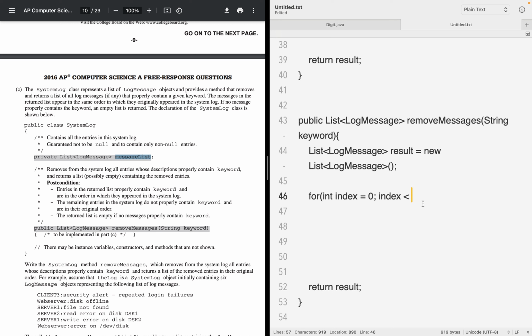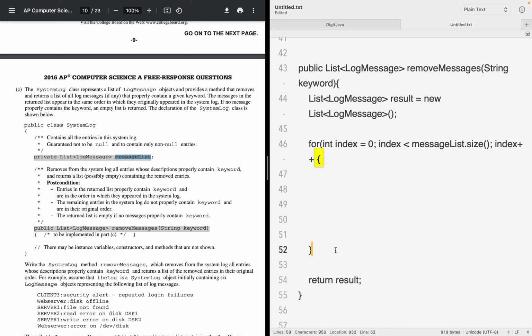All right, so what I'm going to say is messageList.size(), and I'm going to say index plus plus. I've got the right idea. I think I know in my mind what I need to do, and now I just need to tell you what my idea is. So the idea is I'm going to loop through every single log message object in this message list, ArrayList, or List. And what I'm going to do is call this,